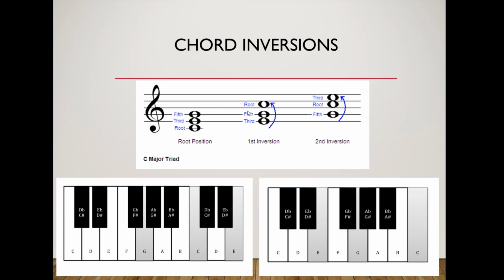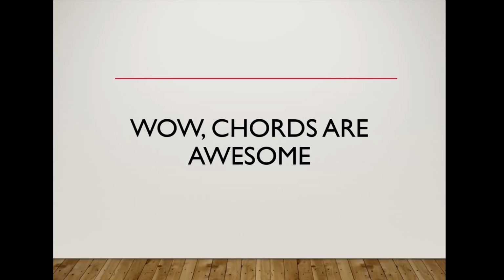When we do that, we have the third note of the chord in the bottom, and then the fifth, and then the root. That gives us what's called first inversion. And then if we take that third note, put it on top, our fifth is in the bottom, and now we have second inversion. And depending on the function and also tonality of the chords that you're using, certain chords in different inversions and in different combinations leading to other chords can sound much better using certain inversions than others. So this is all to say that wow, chords are awesome,